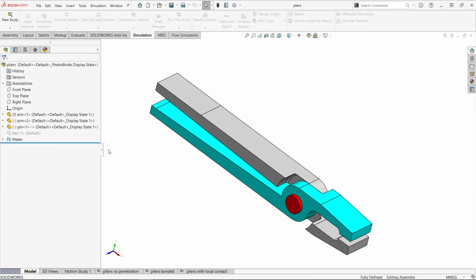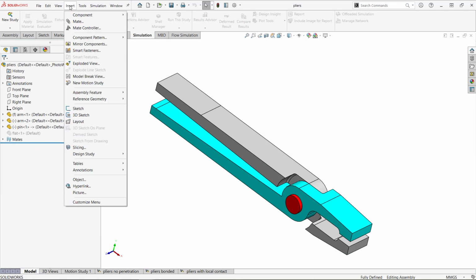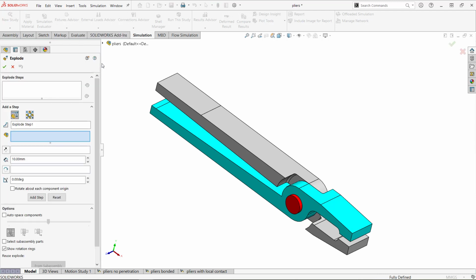Here we have a simple 3-component assembly, and let's create an exploded view. We'll go up to the Insert main menu in SOLIDWORKS, and we'll come down to Exploded View. This will launch the Exploded Views Property Manager. Now, the workflow to apply Exploded View steps is you go in and you select the component desired to explode,